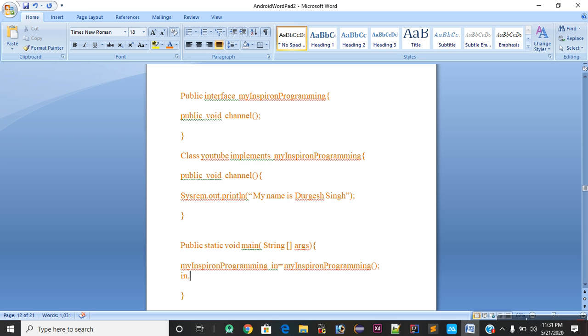When the compiler considers the void main method, the compiler has to read my Inspiron programming as the reference. So first the compiler has to go to my Inspiron programming. Where is my Inspiron programming? The compiler sees that this name is an interface definition.